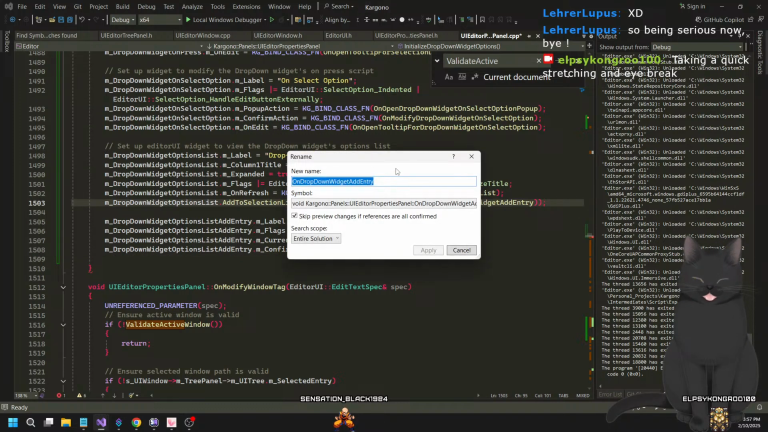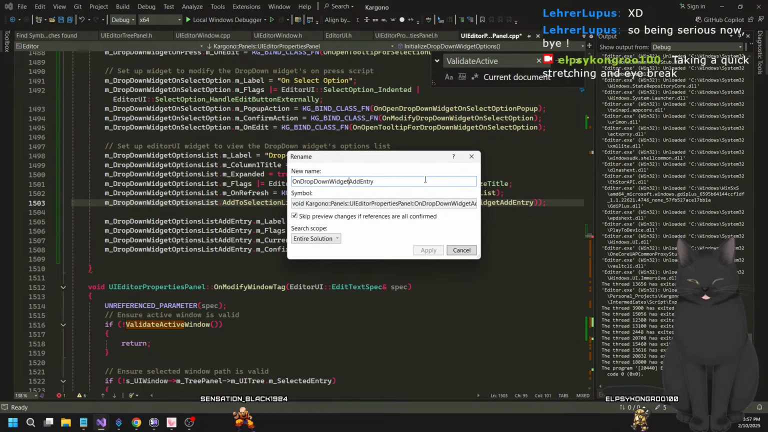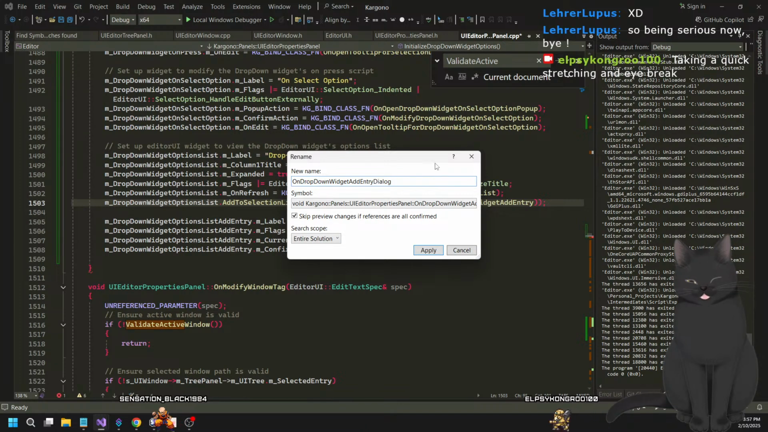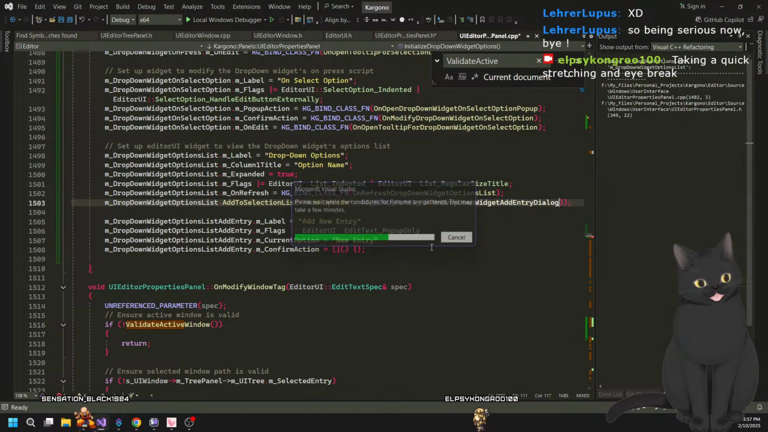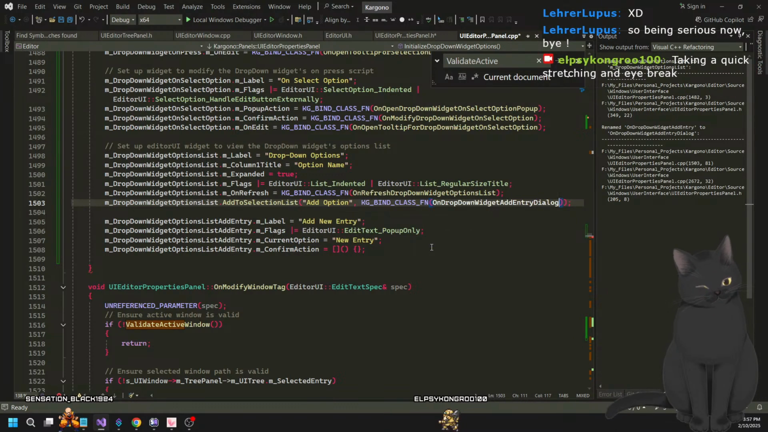Yeah, let me rename this. Add entry. I'll say add entry dialogue. There we go. So it's more clear that we're adding a dialogue. And